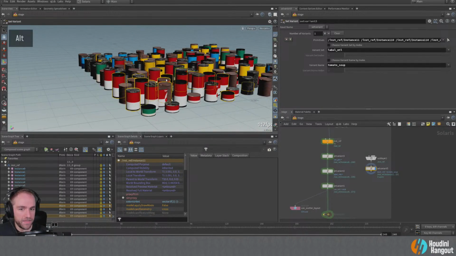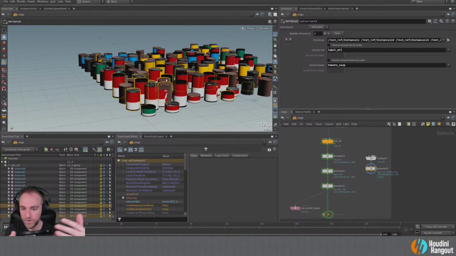Right. So I think there's kind of two different worlds which USD really shines in. It's the collaboration side of things, where you can have different departments working on different files and different sections of the scene. It's all non-destructive too, right? So this kind of works like Photoshop in a sense, where you can layer things on top of each other. Right now, we're just looking at individual files on disk that are loading and unloading, but you can actually load things on top of each other, and they'll start to layer and compose together to make your scene.